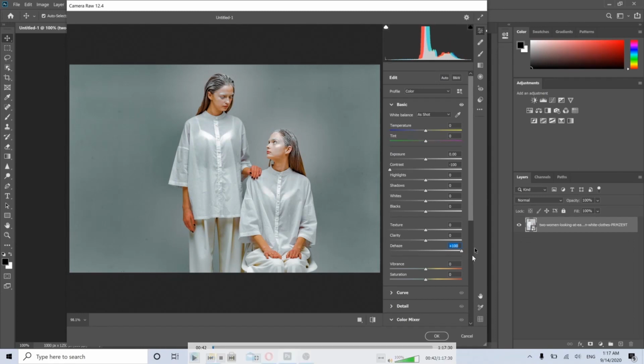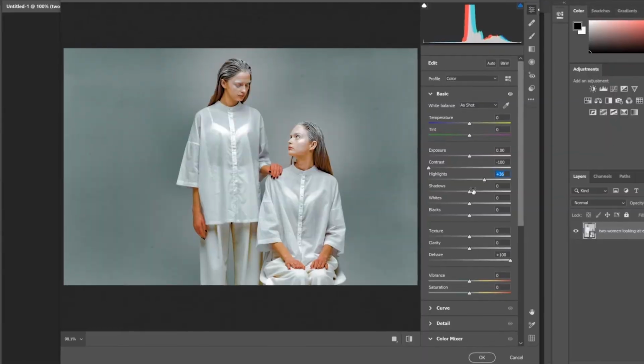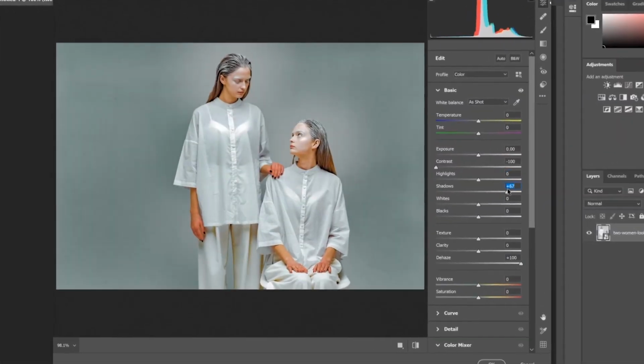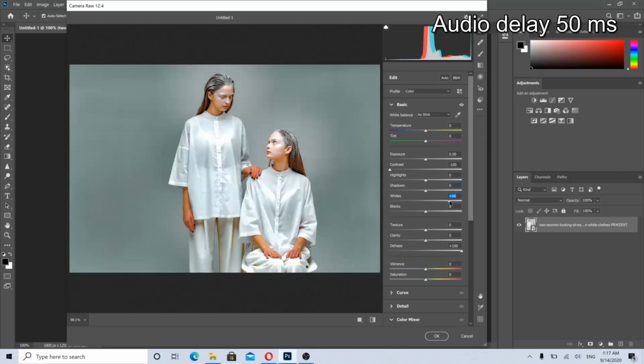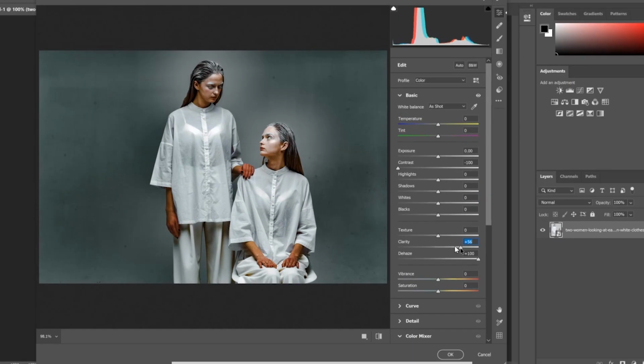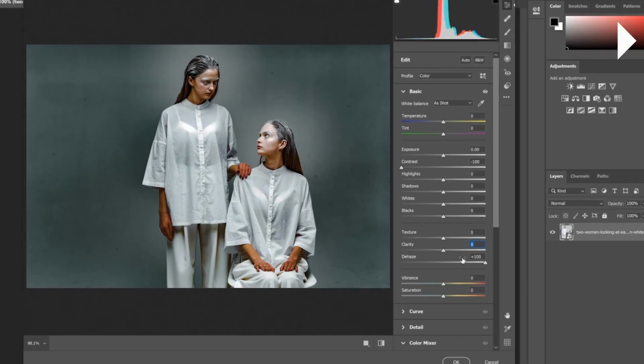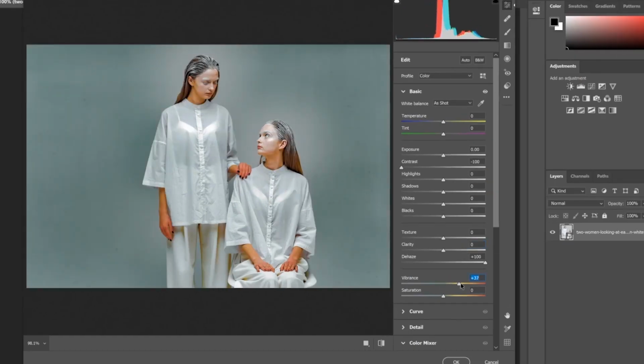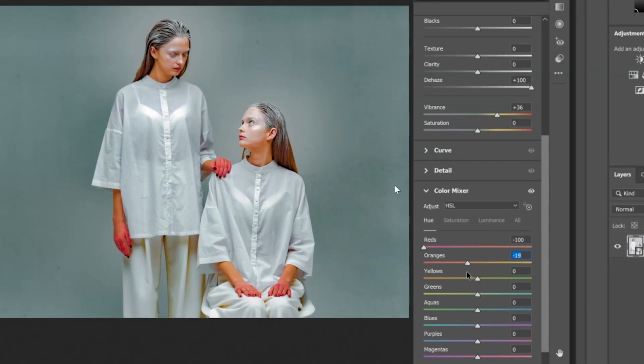So as you can see, when I increase the haze, as soon as I do that, the colors start popping, they get really juicy, as I call it. And then I'm playing here with shadows, highlights, whites, and all of this stuff. I'm also increasing clarity. So then I go to color mixer,